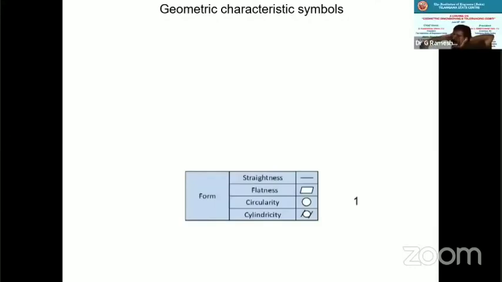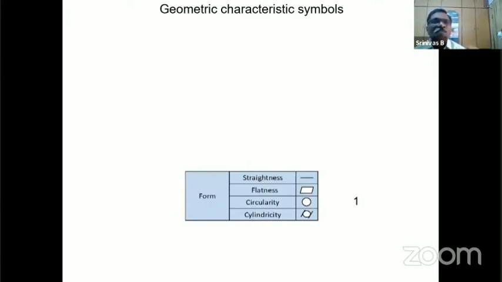See, there are 5 groups, sir. There is some hierarchy in the 5 groups. We will explain what the hierarchy is. The first base group is form controls. The reason it is called the base group is that there is no leader for this. You only apply this for an independent feature.